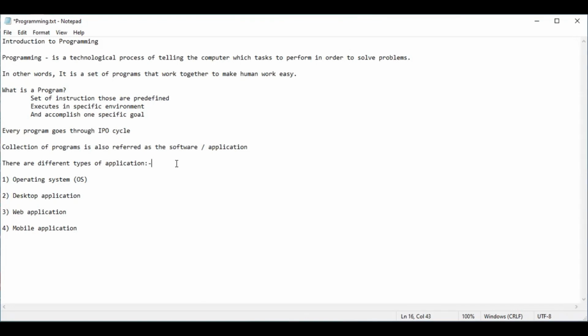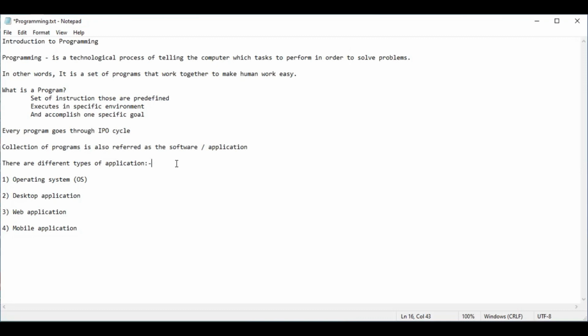The first type of application is the operating system. We are all aware of it. An operating system manages computer hardware and software to make them usable to the user of the computer. Famous operating systems are Windows, Linux, and Mac OS.